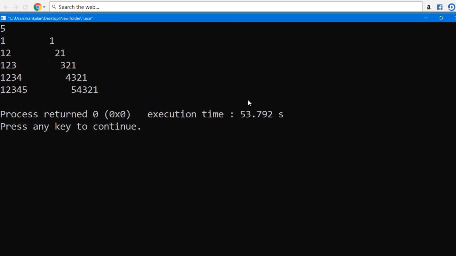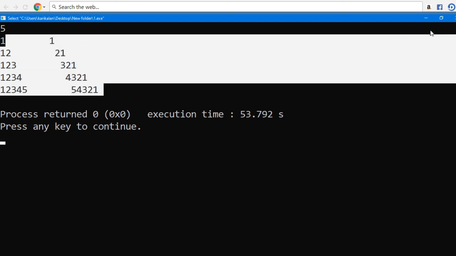Yeah, so okay, then give enter. So guys, it is printing, but it prints some other pattern, and this pattern is wrong. What is the problem here?